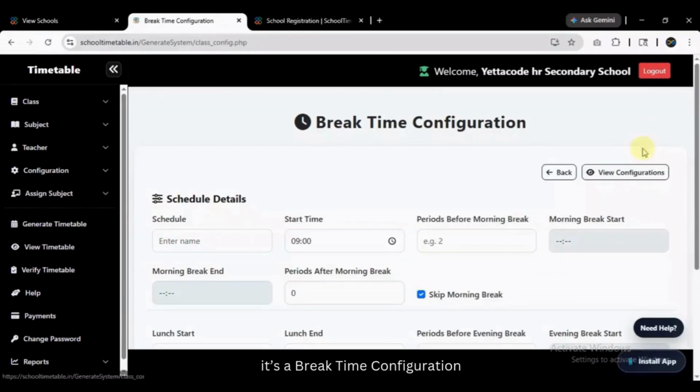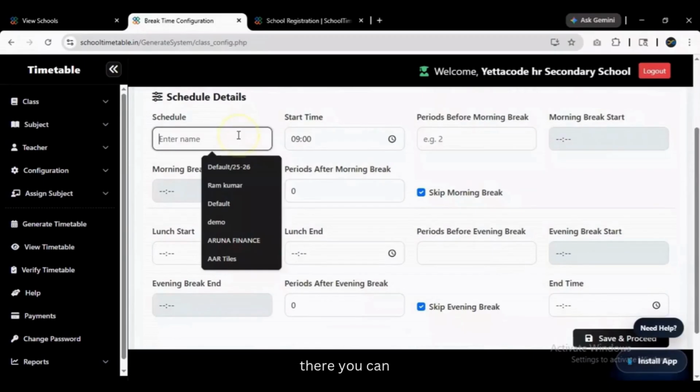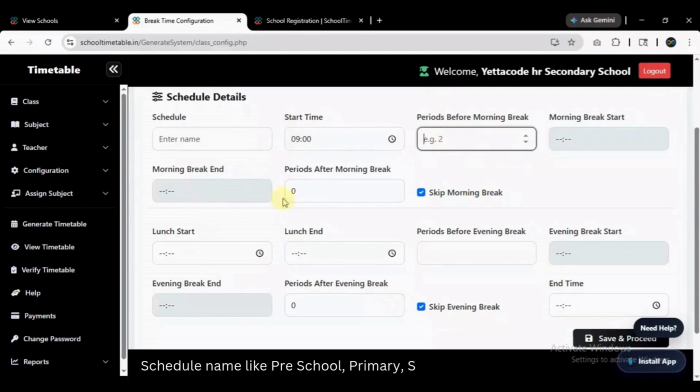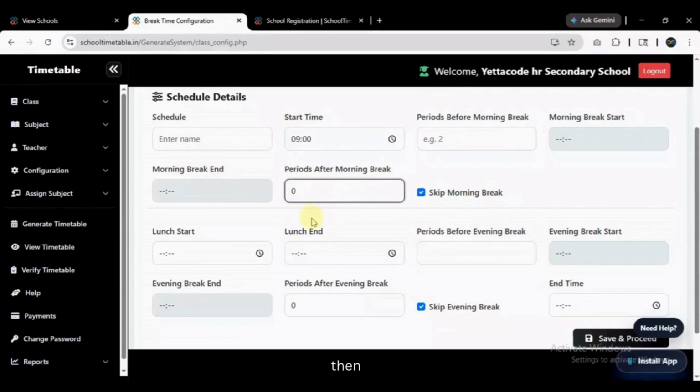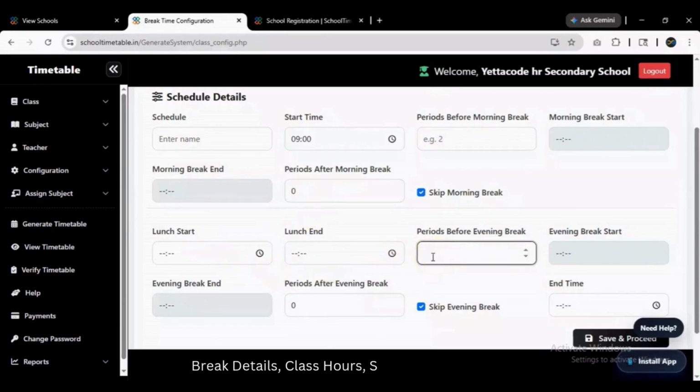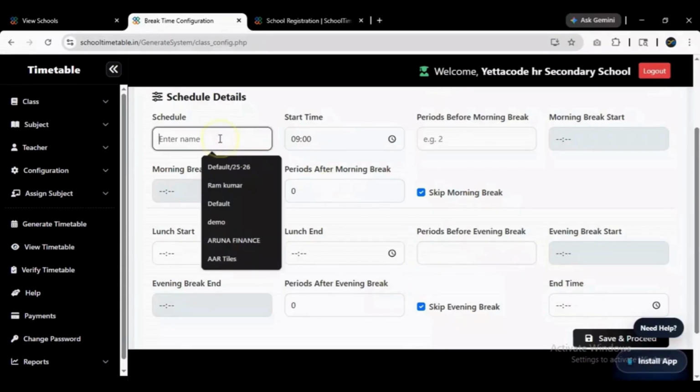And add new configuration. You enter the schedule name and start time, morning break, after morning break how many periods, then lunch break, before evening break how many periods, after evening break how many periods, end time. These are the details we have. For example, if the schedule name is demo,